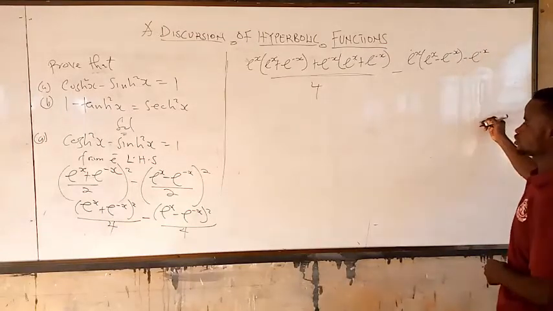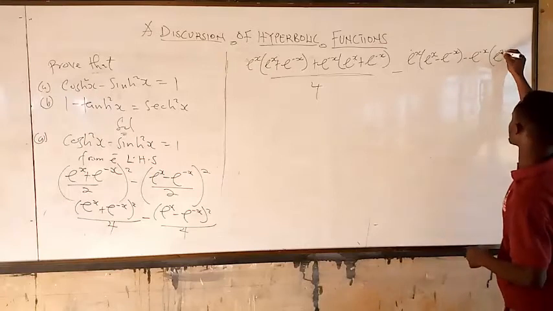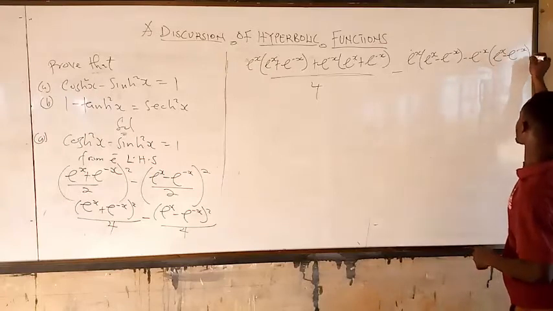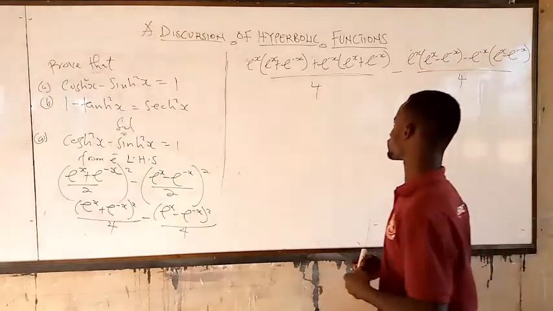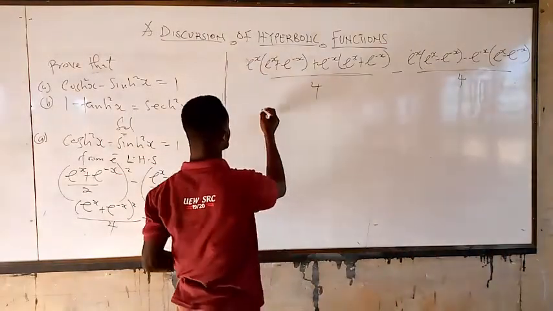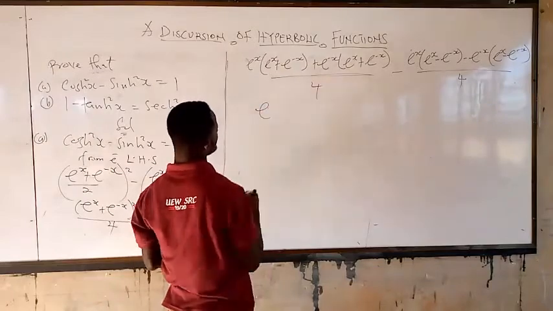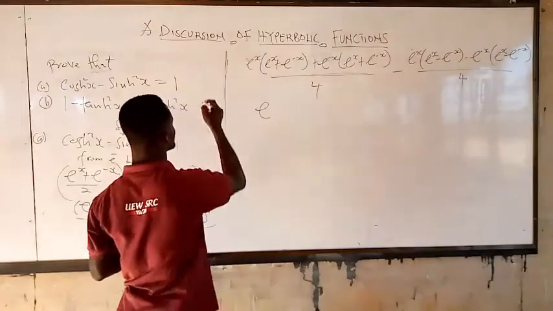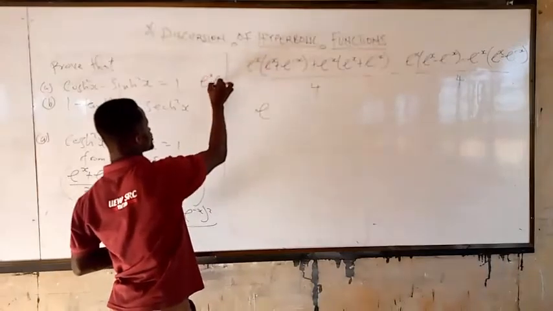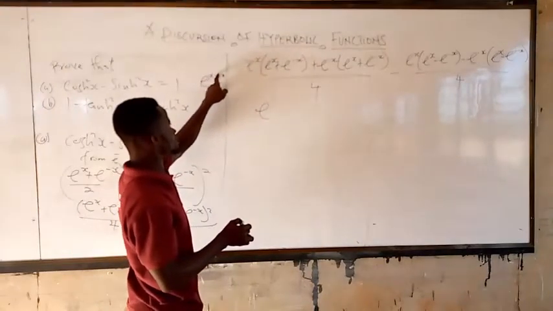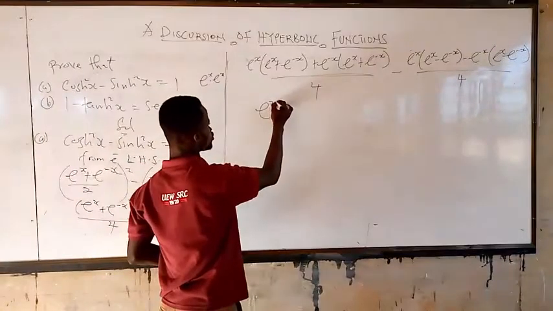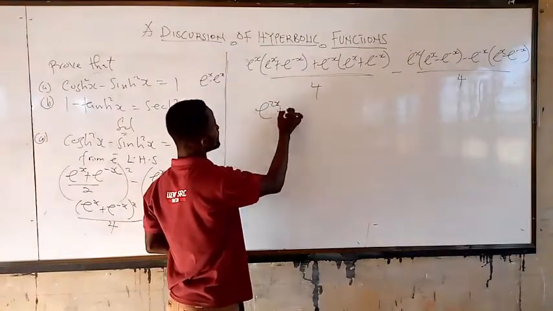e raised to power negative s will multiply e raised to power s minus e raised to power negative s, and all these over 4. Beautiful. So multiplying this, you get e raised to power... Let's look at something: e raised to power s times e raised to power s. You see, the bases are the same, so you just add the exponents. So here you get 2s plus